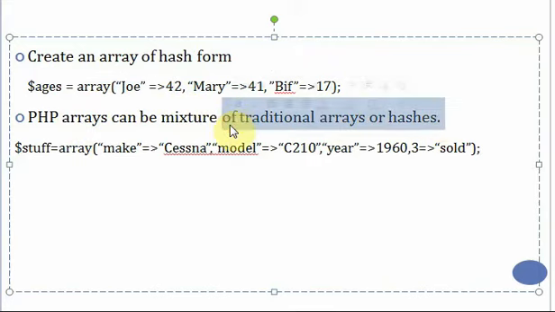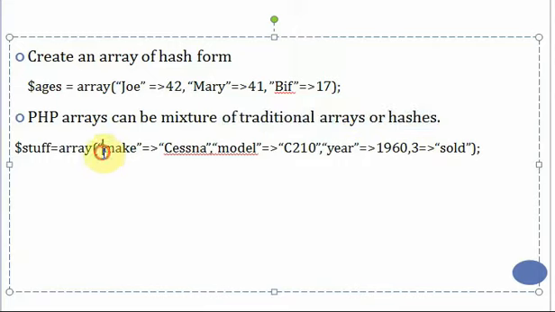As I said in the previous slides, an array in PHP can have elements of different types. It is not like all the elements should be of the same type. You can have a string, you can have an integer, a combination. So what is this example saying here? You have stuff of make is Cessna, stuff of model is C210, stuff of year is 1960, stuff of 3 is sold.